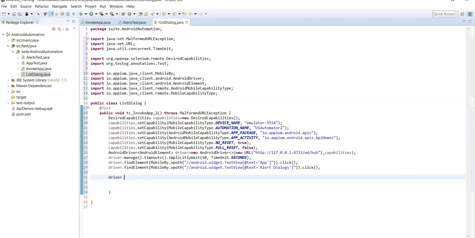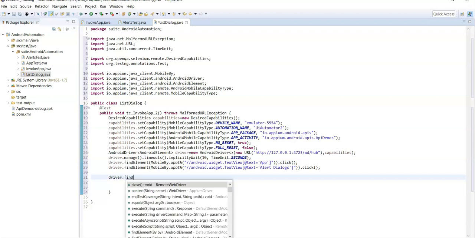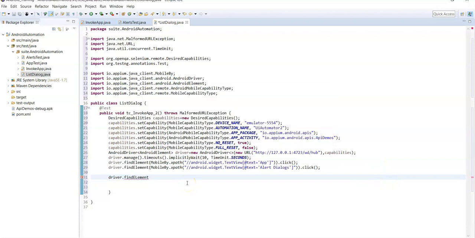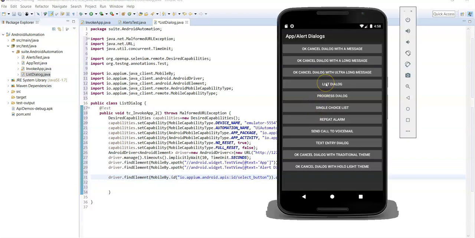So driver.findElement, MobileBy.id, replace the id with the value of the resource id, and then click. So small l, right? Now we have clicked on the list dialog button.